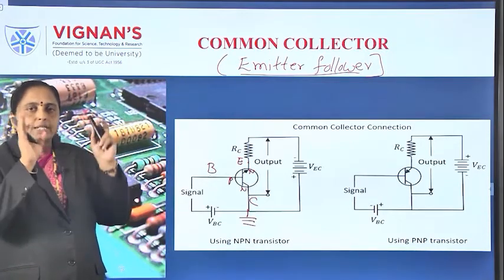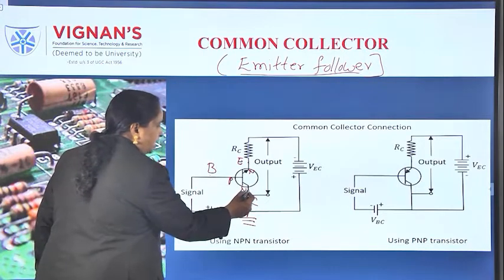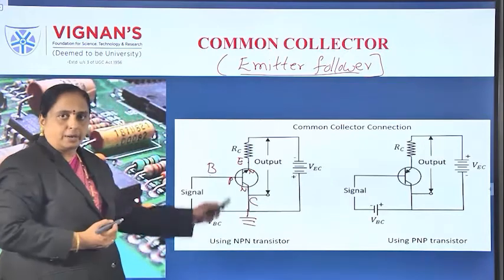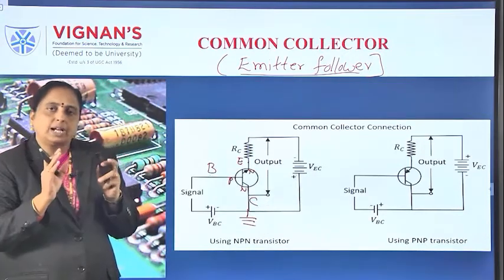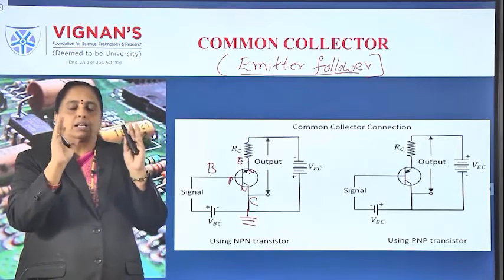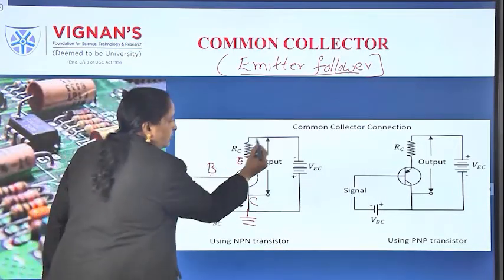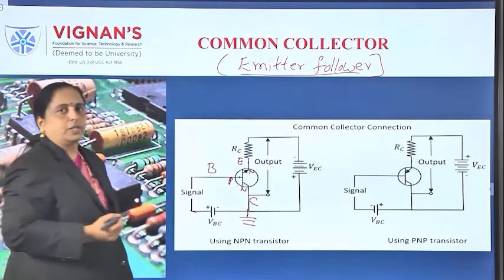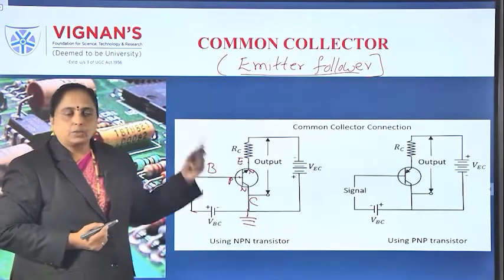For example, the collector junction must be reverse biased. Where is the collector and base? Reverse biased means this is N material. So it is at least reverse biased at one side. So you have to see that emitter and base terminals must be under forward bias. Emitter is this one, N, so N negative is there, and base must be positive. So this is perfectly under active region.